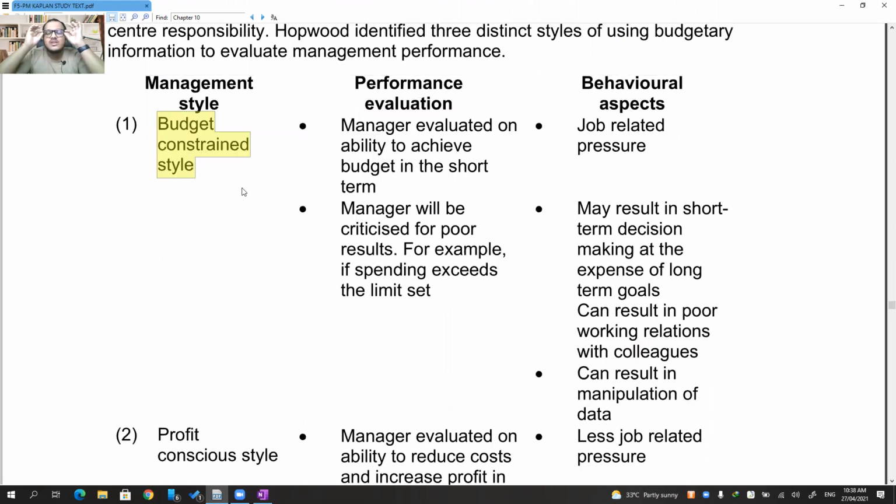This manager is very, very bureaucratic. What does that mean, sir? Bureaucratic means having a strict rules-based system. Basically, he's like, okay, this is the rule, you have to follow it. I don't want you to go beyond the rule at any cost. So what this guy will do is, he will set an environment where he will evaluate the people only based on their performance in comparison with the budget.